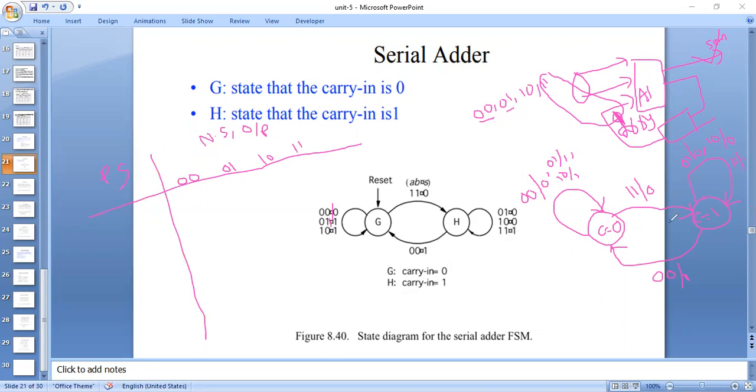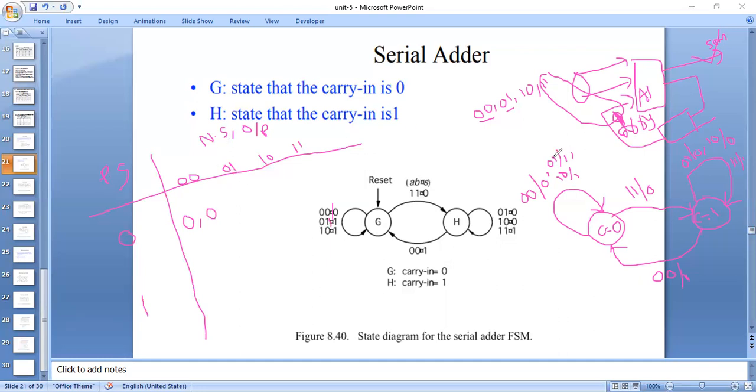So what are the present states? It may be 0 or 1. So we have only two possibilities, so you can write either 0 or 1. Okay, so first we took state 0. If the input is 0 0, what is the corresponding output? 0. And what is the next state here? 0. Same, it is in state 0 only, put a comma and write the output here. Okay, so this will be the next state and this will be the output.